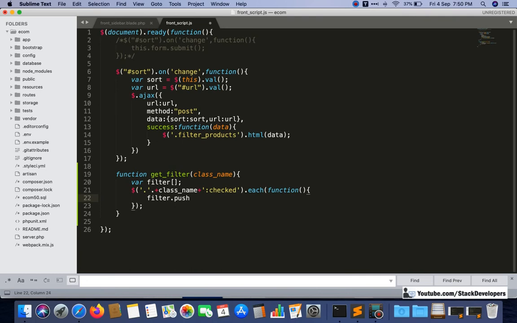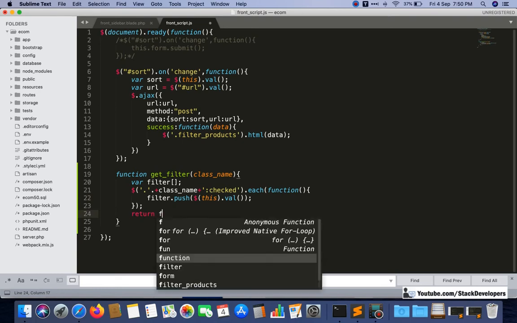Push function will add one by one all the values inside the array. I'm going to use $this because only this value we are going to add. We just need to do this value like this. Now it is done, and we are going to return filter here.